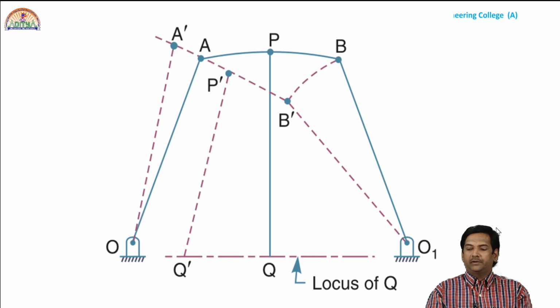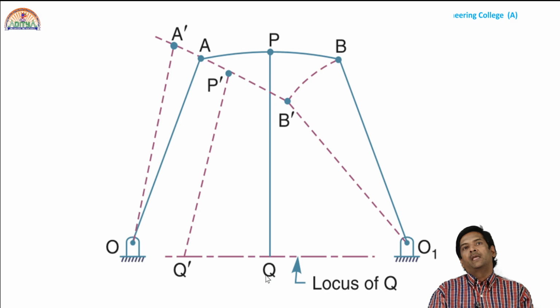So, there is a similarity between the different linkage mechanisms that exist between the Chebyshev mechanism and the present Robert mechanism. Whatever links we had in the earlier case for the Chebyshev mechanism, here we have a slight alteration. Instead of the cross links in the Chebyshev mechanism, now we have open links. So, here one link will be there, here another link will be there, and in between we have a third link. That means we are moving one link like this, second link like this, and third link like this.